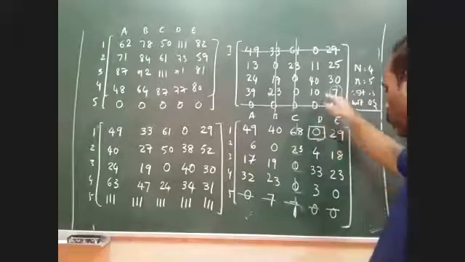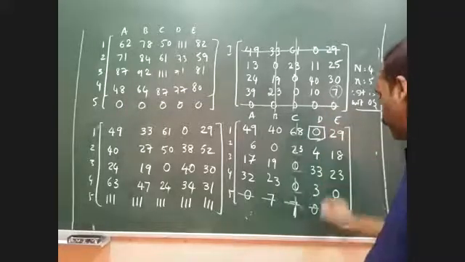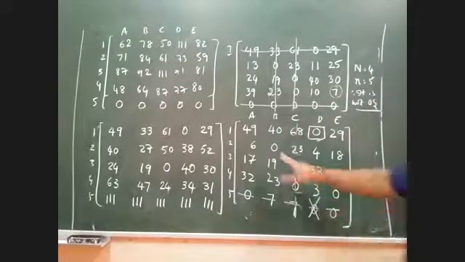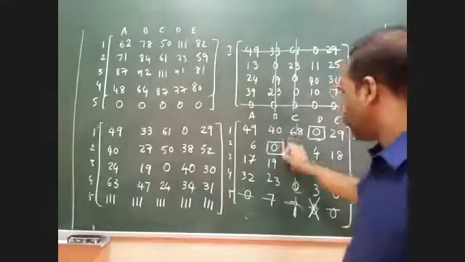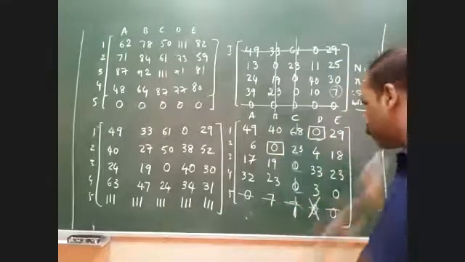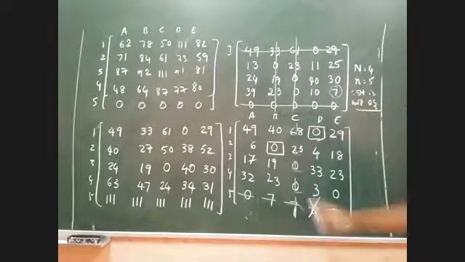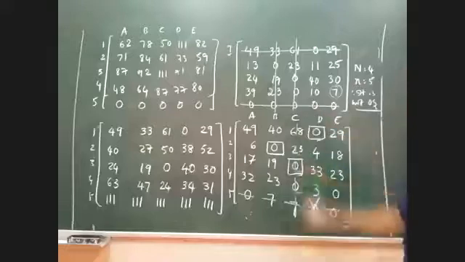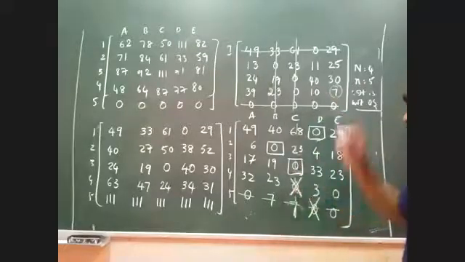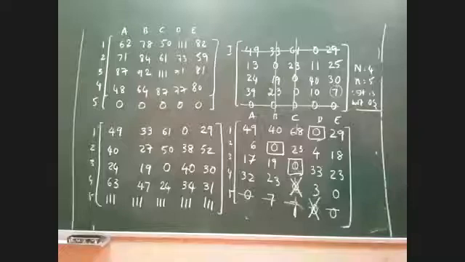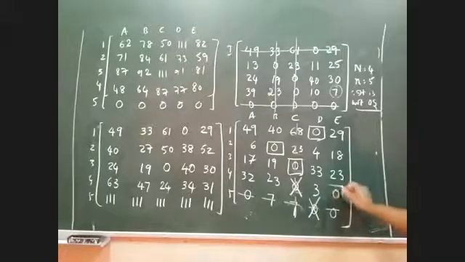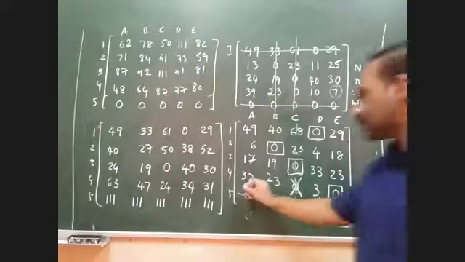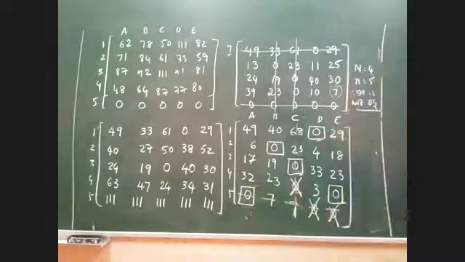If I'm taking this, all the zeros of that particular column get blocked. Now I can go to the second row. Here a single zero is there. If I'm taking this, obviously there is no other zero, so nothing to worry about. Now the next single zero happens to be in the third row. If I take this, now I have to block all the zeros in that particular column. Henceforth this is blocked. And then the next single zero happens to be here in the fourth row. If I take this, then obviously this will be blocked. And finally I have the last zero here. So this becomes my value.